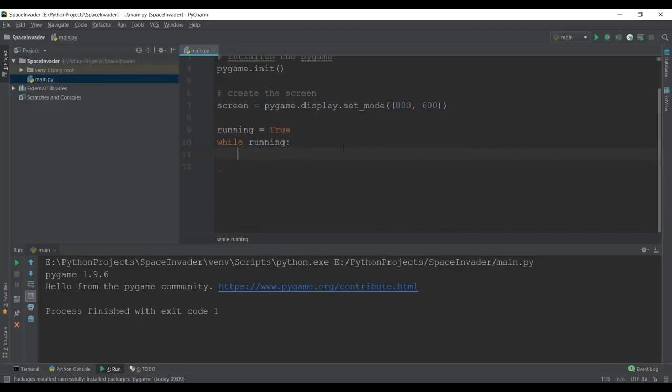So anyways, after writing while running, what we need to do is go through the list of events that are happening inside our game window. So for that, we are going to create a for loop and create a variable event. And then we are going to loop through all of the events that are happening inside our game window. How do you do that? Pygame makes it really easy. Just type in